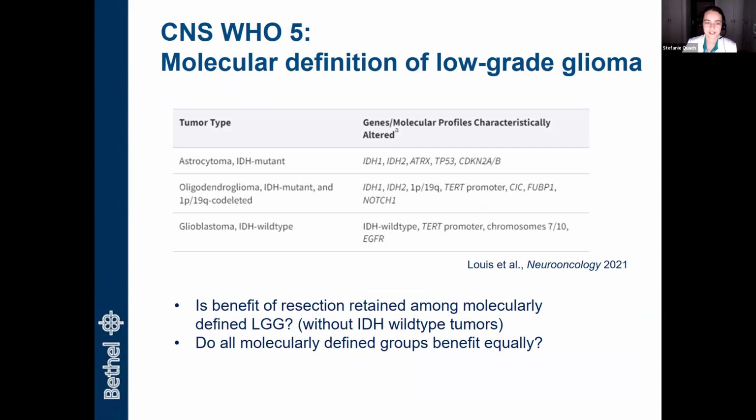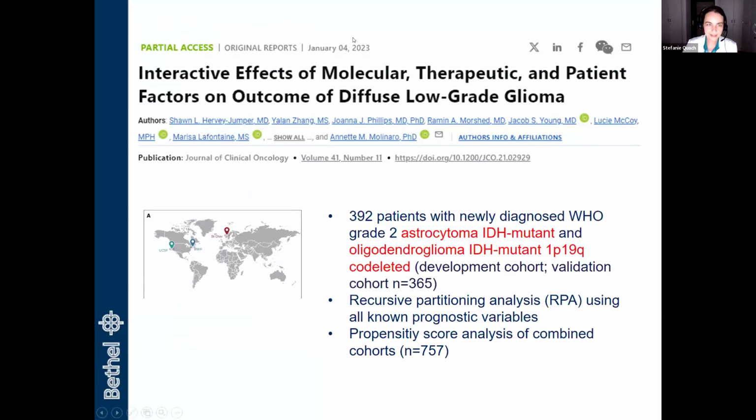So it stood to question whether the benefit of resection that was shown for low-grade glioma at the time is retained among those molecularly defined subgroups, that is without the IDH wild type tumors, and also if all those molecularly defined tumor groups would benefit equally from a maximal safe resection, early maximal safe resection. And for this,